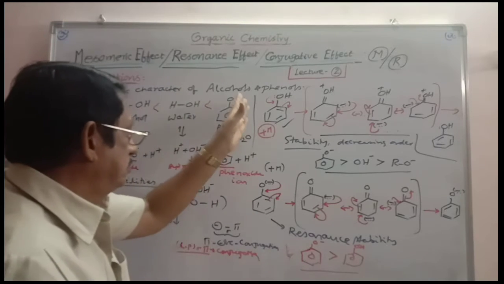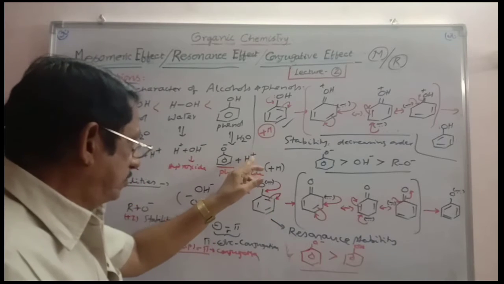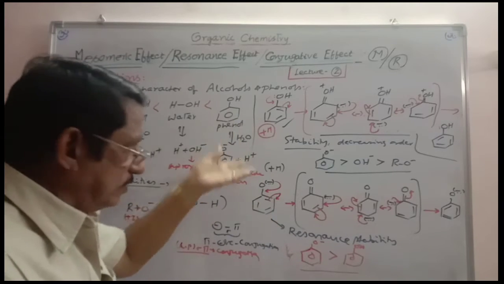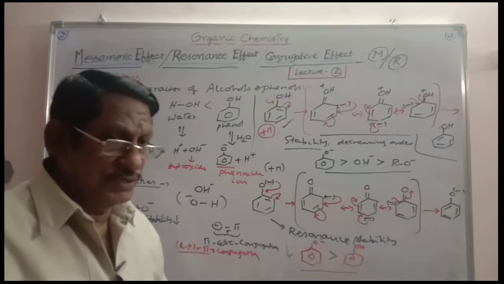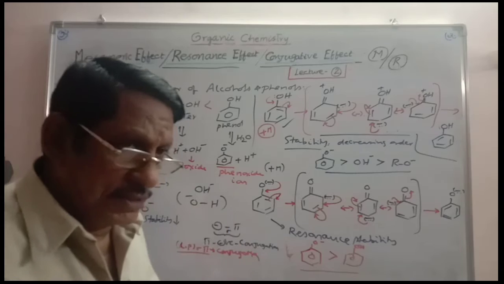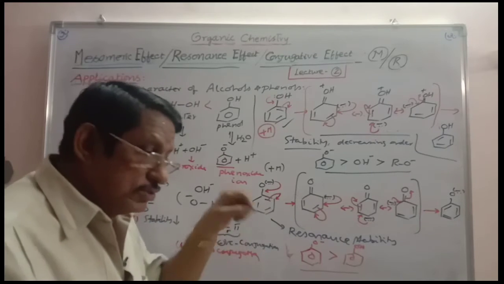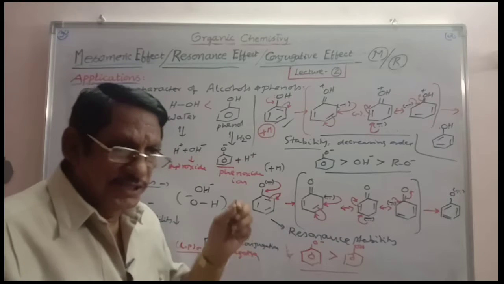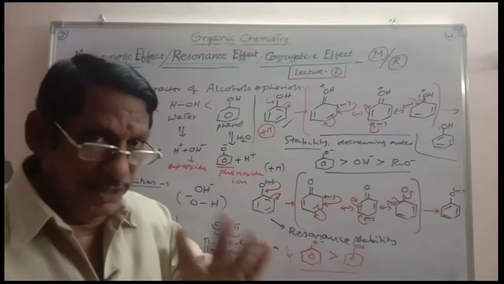And that is why the equilibrium shifted towards the phenoxide side, the number of protons will be increased during the greater dissociation of phenol, and so phenol seems to be more acidic. And of course, that acidity is sufficient to dissolve in a strong base like sodium hydroxide. It is able to turn blue litmus to red, but it is a weak acid. Its acidic character is not sufficient to liberate carbon dioxide from a weak base like sodium bicarbonate.